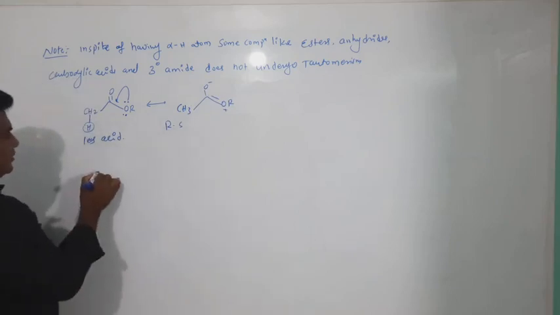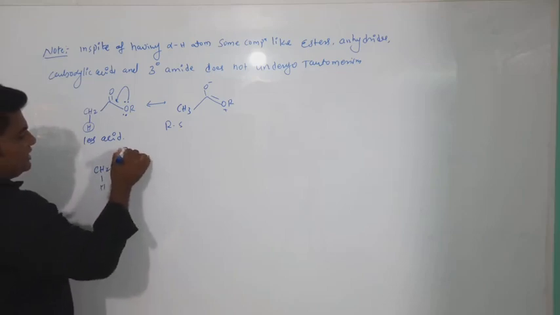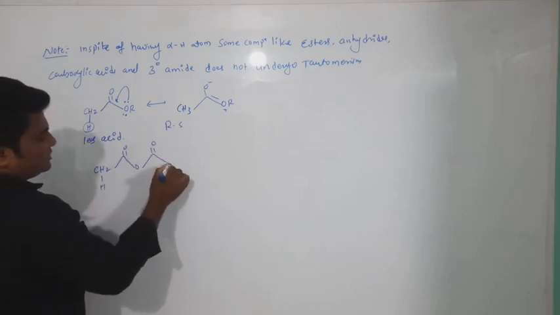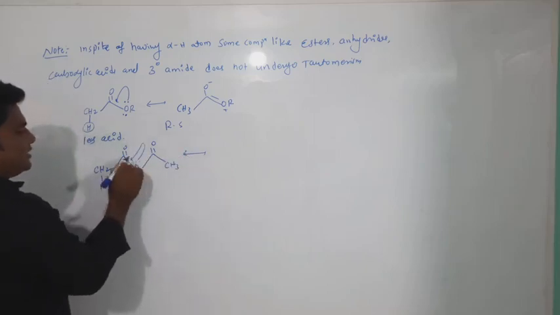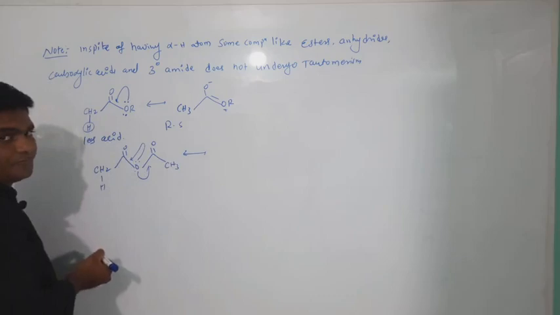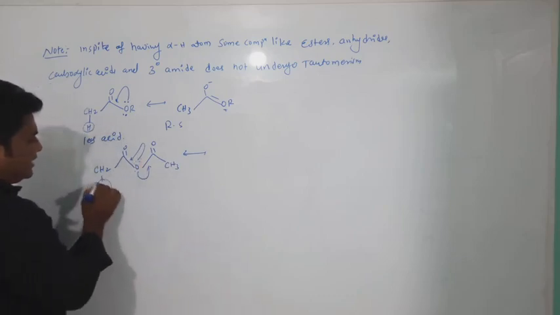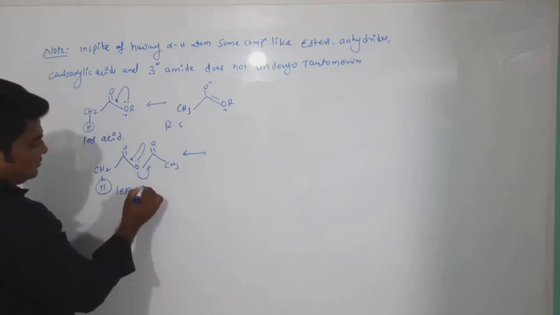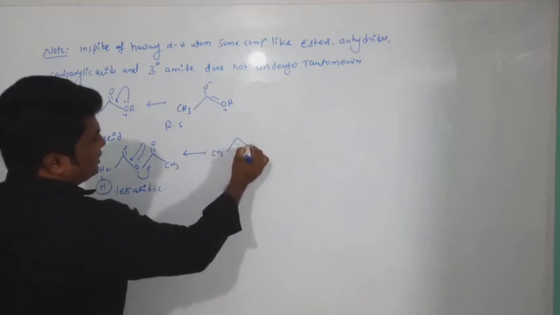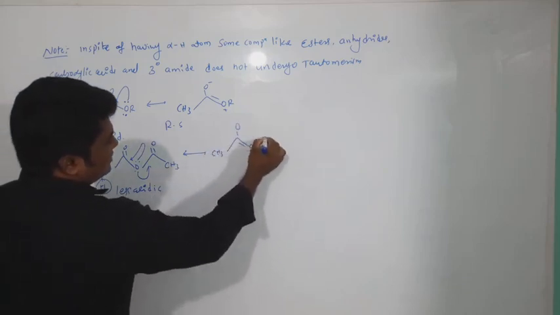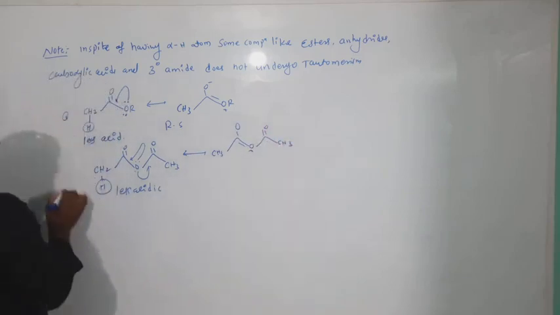For example, again see, this is the alpha hydrogen atom. Now take the acid anhydride. See here, this is acid anhydride. Here also it is not possible because this lone pair participates in the resonance here and here also. At a time two lone pairs are not possible. At a time only one lone pair participates in the resonance. This is again less acidic. It does not undergo tautomerization, and you will get the resonating structure like this. Okay. Now next, this is the first one, second one.